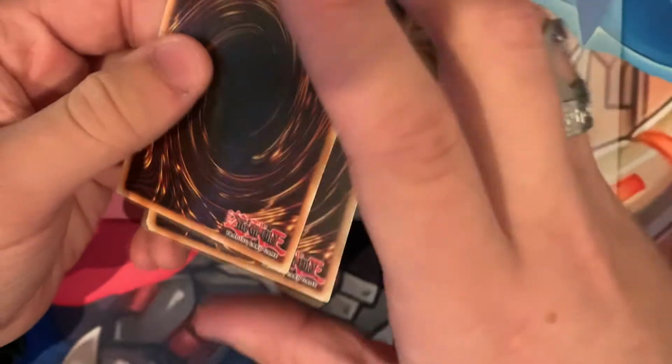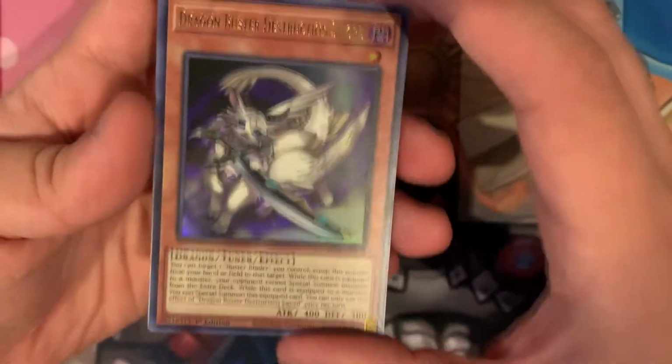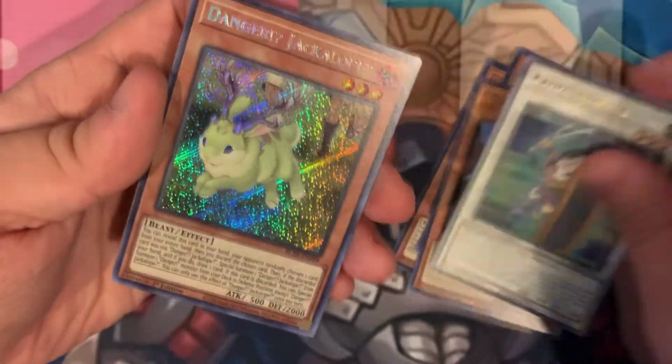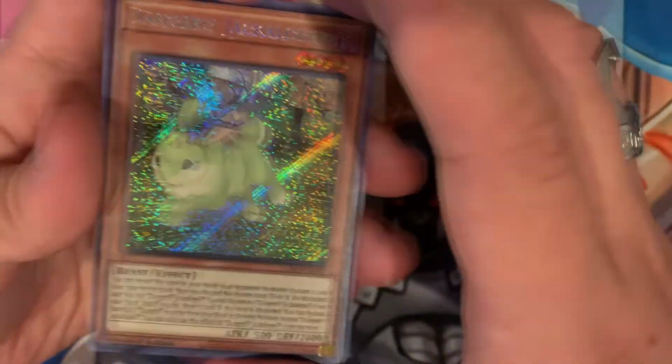Cross-Sheep, I've seen a lot of these being opened, and I've seen Cross-Sheep being pulled a lot. So we're gonna move the Secret Rare to the back because I've seen other people who are good at this do that. Destruction Sword, Adorable Thing, Quackimeru Draco, Goyo Defender, Danger Jackalope. All right. Not opposed to a Secret Rare Danger Jackalope. It looks very pretty, but